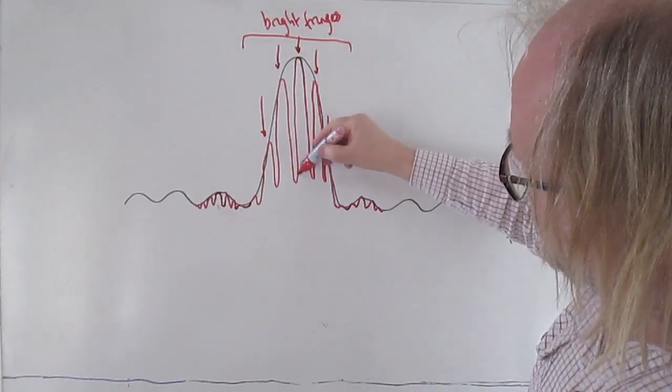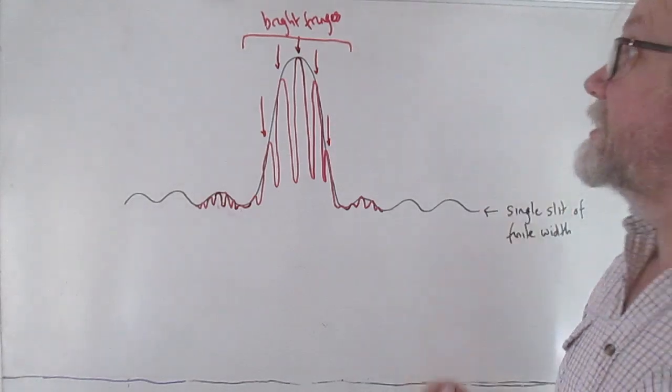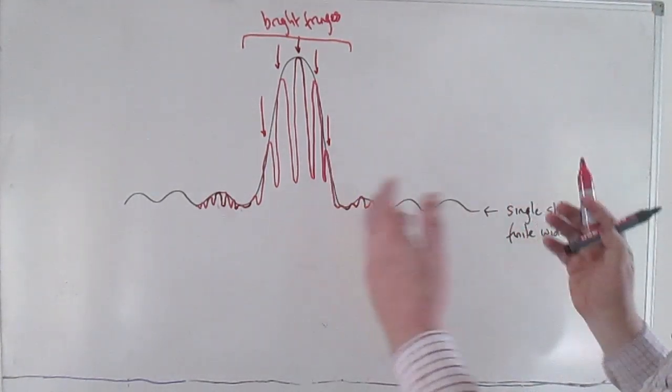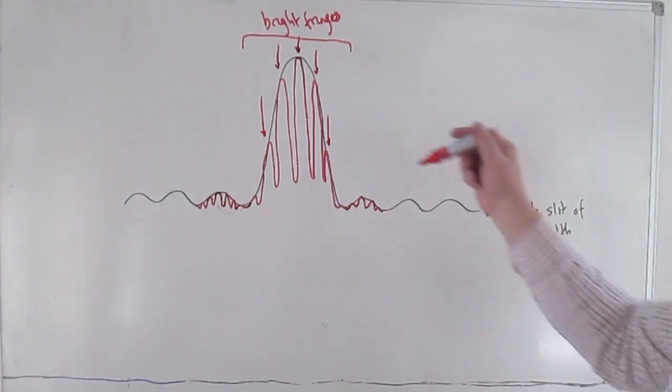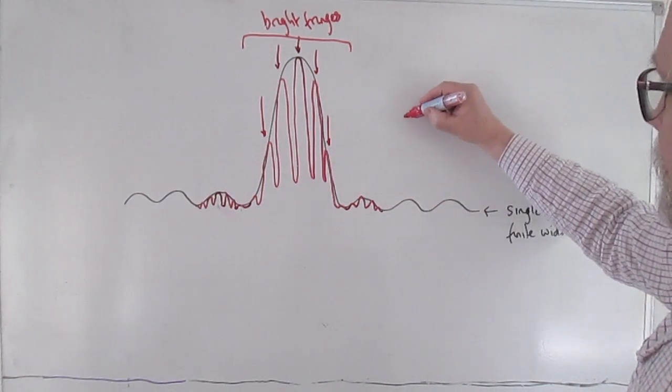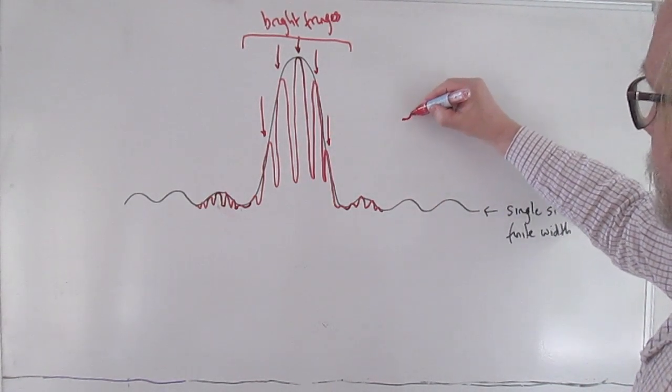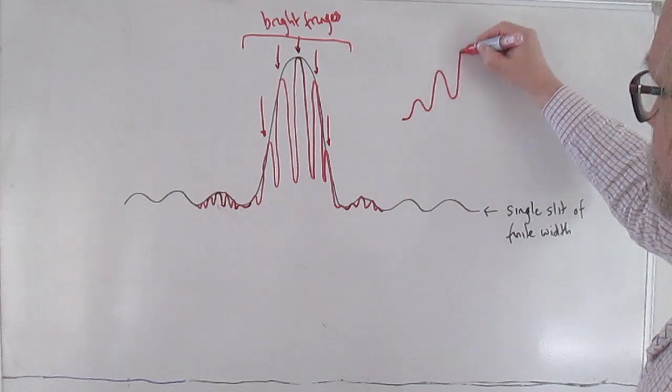And obviously where the intensity is low, those would be the dark fringes. So you get an intensity distribution then, and you don't have to draw the whole thing, but what you expect to see then is an intensity distribution that looks sort of like this